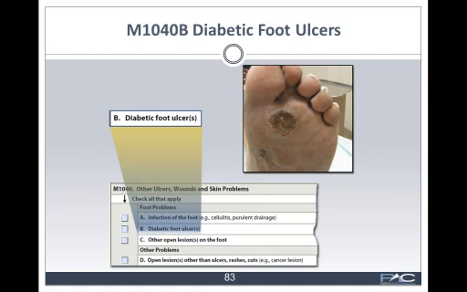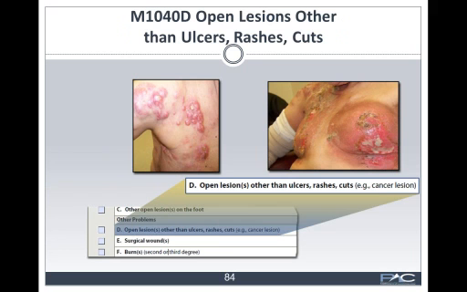Okay, so a few other things that are separated out are diabetic foot ulcers, and here's a picture of one. You've also got open lesions other than ulcers, rashes, cuts. And again, this is something you want to make sure you assess. I have seen some lesions inappropriately coded as ulcers. Sometimes it's a matter of thinking it's a blister versus a lesion, so you've got to be able to differentiate